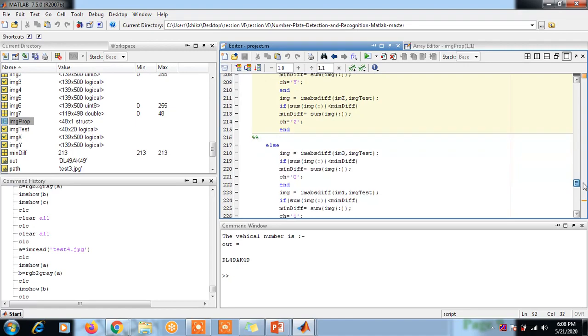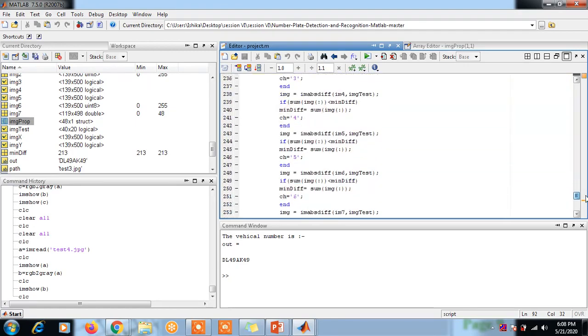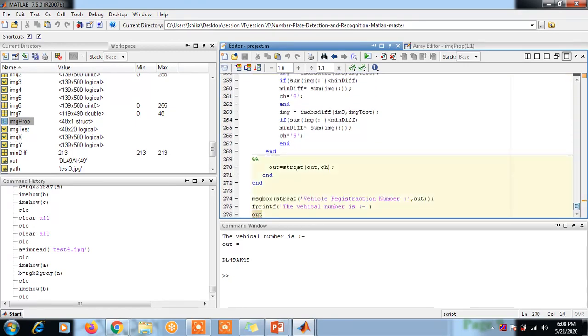So here is the counter. In this part, the output string to character, it will convert the string to characters and store them one by one, next to each other. So this is the final program. This is the message box: message string to character, vehicle register number is this.